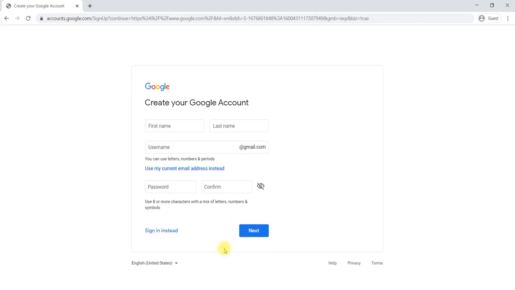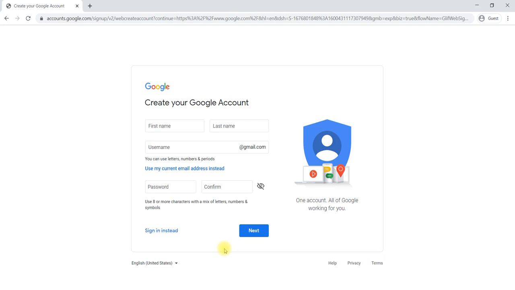I will select to manage my business, so we are learning how to manage a business by using Google products. First, it asks you to create your Google account, with the first name of your business. For example, we have given our business the name Beta Academy. I will take Beta as the first name and Academy as the last name.